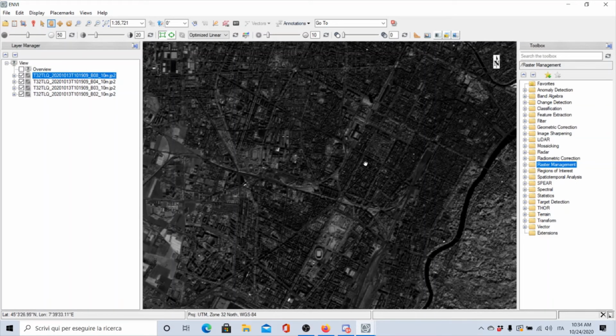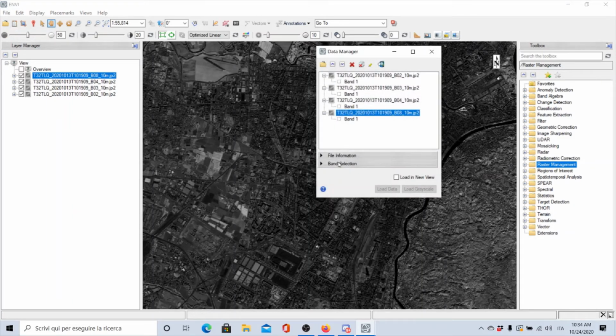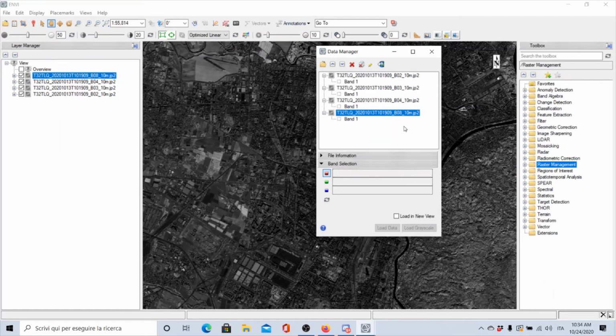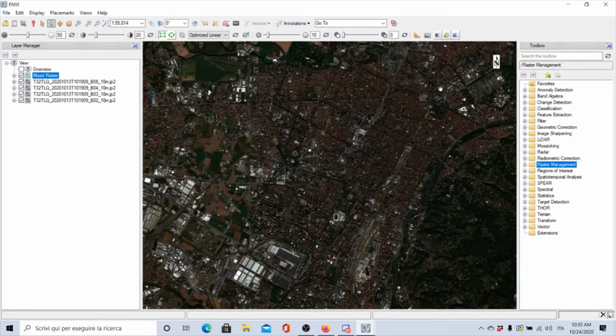So, for example, if you want to have a look at Torino in a true color image, in RGB, associating of course the red, green, and blue bands, what can we do? We can go to the data manager, and perform a band selection where we associate to the red band the band number 4, that is the visible, this one. To the green we associate the band 3, and to the blue we associate the band 2. Okay, let's load the data on the same view, and you see this is Torino, and we can, for example,